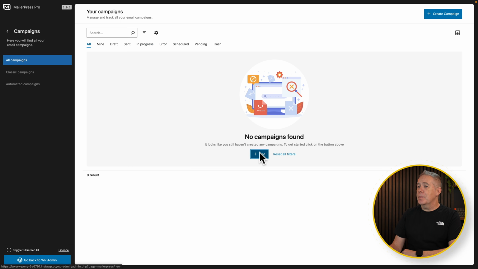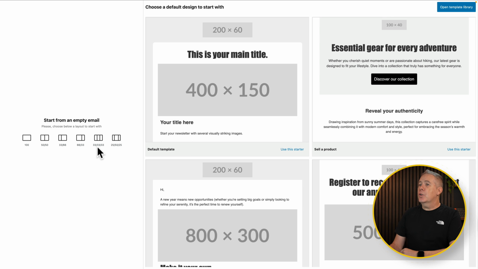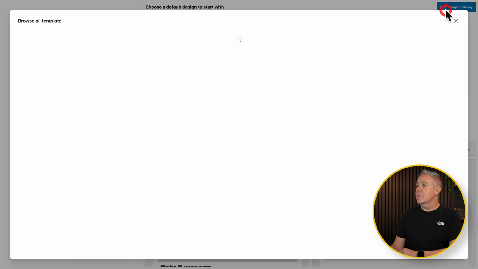We can add a new campaign, give it a name, subject, choose the list it applies to. In this case, we've only got one, and say start composing email. Then you've got three options here. You can create a blank email based upon this basic structure. You can use one of these placeholder templates, or you can open up the template library and you